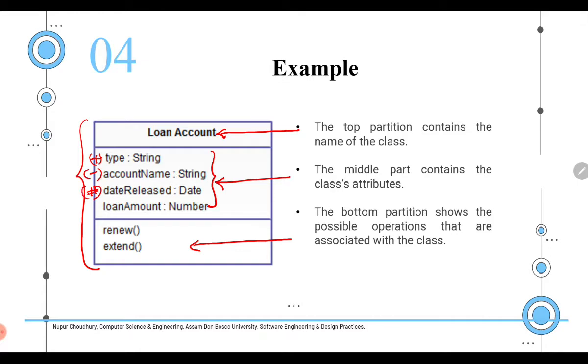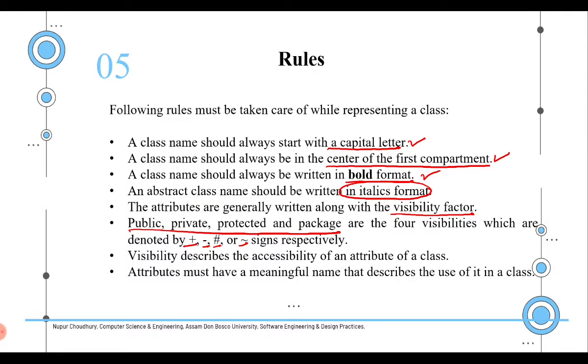Only the associated or directly connected classes could have access to this attribute. And maybe again loan amount should be of private type. So all these access or visibility factors should be associated with the attributes when you represent these attributes. So this will give a stronger representation in terms of the accessibility of that particular class.